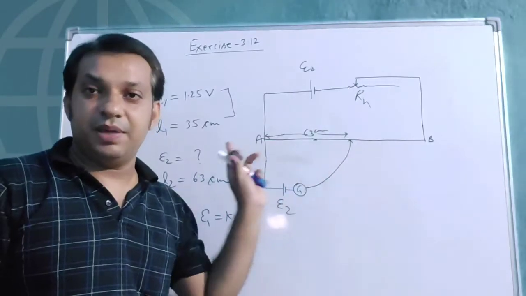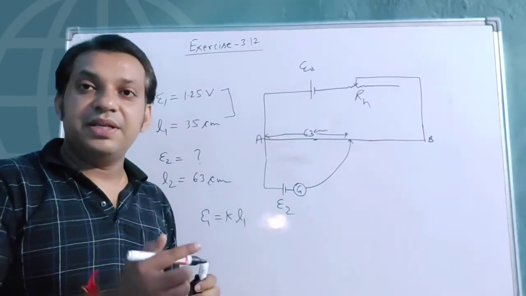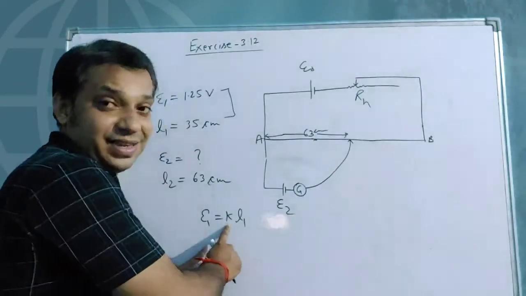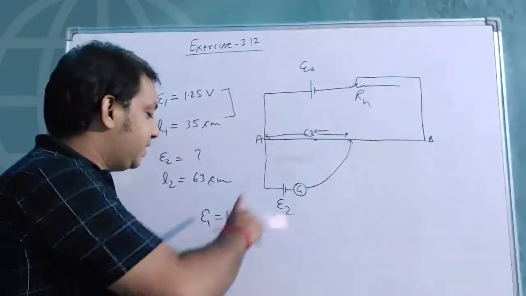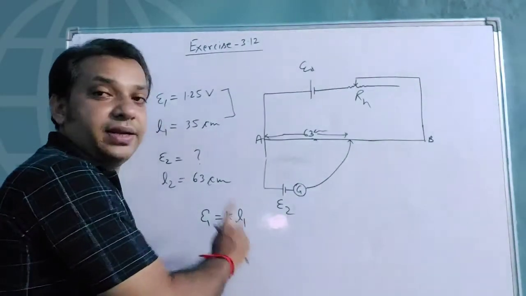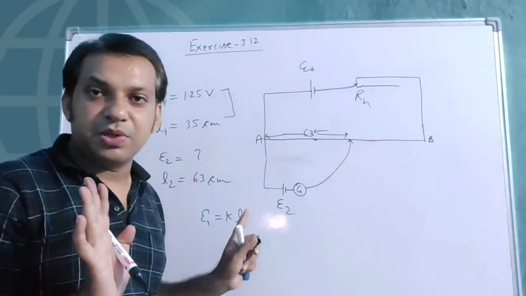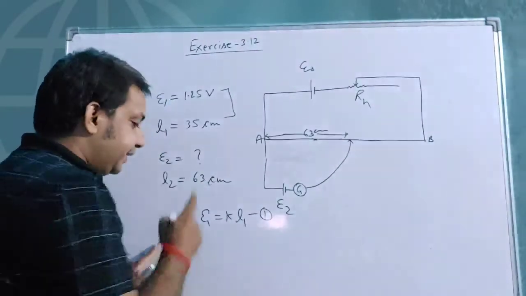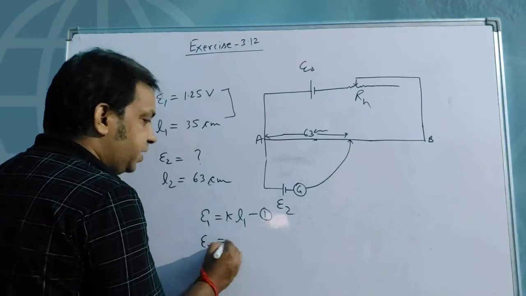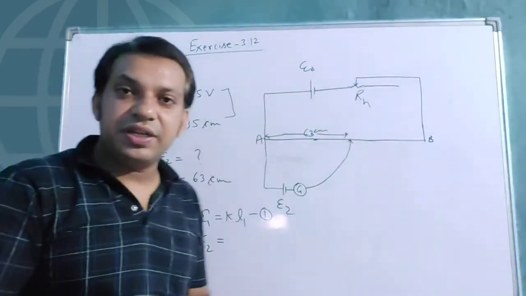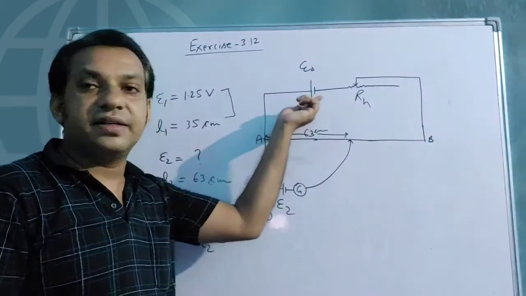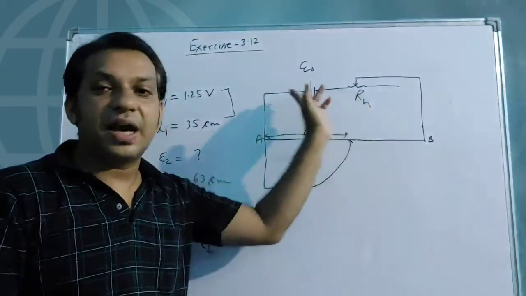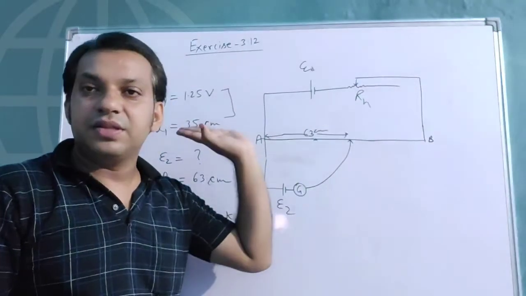The potentiometer wire is AB and its potential gradient means the potential difference per unit length. So that is K. So the balancing length is getting at L1. So E1 is equal to K into L1. It is a simple principle of the potentiometer. So this is your equation number 1. For the second case, what is the E2? Now see, in the question it is not mentioned that you are changing either the ED or the RH. There is no change in either the driven cell or the setting of the rheostat.